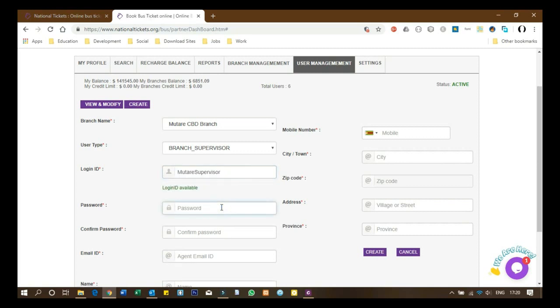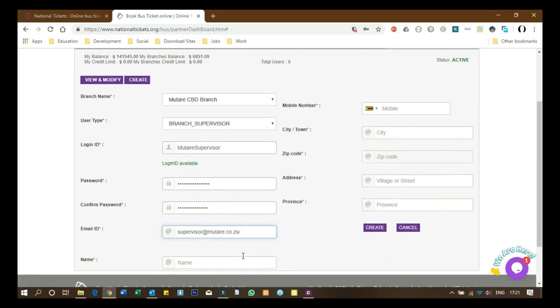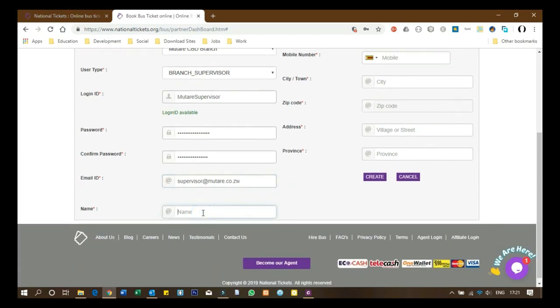Then the password, confirm the password. The email ID is going to be supervisor@mutare.co.zw, and then the name of the supervisor,